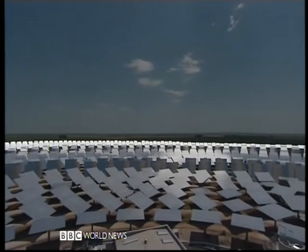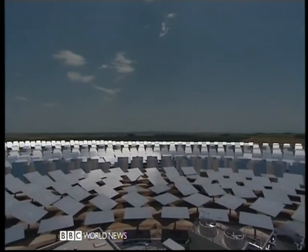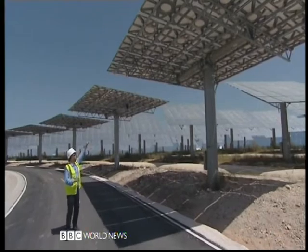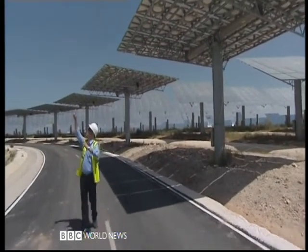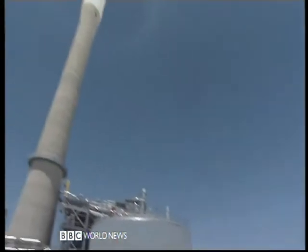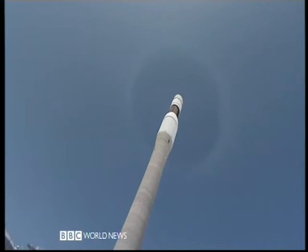There's something rather unworldly about this landscape. It's very different from the other solar plant we went to. You can see these mirrors everywhere. They're catching the sun's rays and reflecting them onto the tower up there. Now, if you can see that black band, the idea is that they're focused on that. The temperature then gets to an astonishing rate,